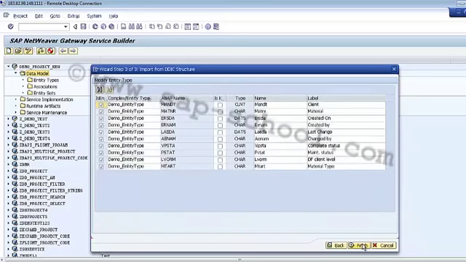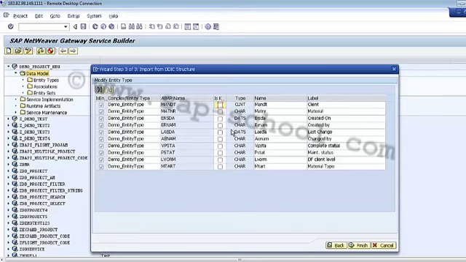Now I can see that, based on the selections, the service builder will list all the selected fields in the structure to import as an entity type or the complex type. From this we can select the key properties as well. Say if I want to make this MANDT a key, I can make a key from here. I can just check or uncheck this option using this is key, and this way I can make any of these fields a key.